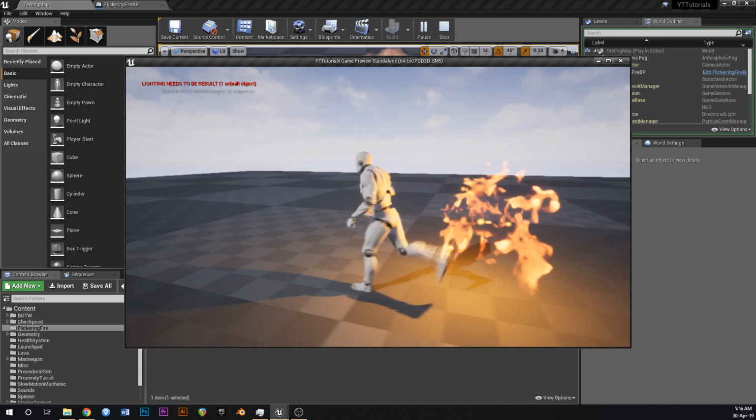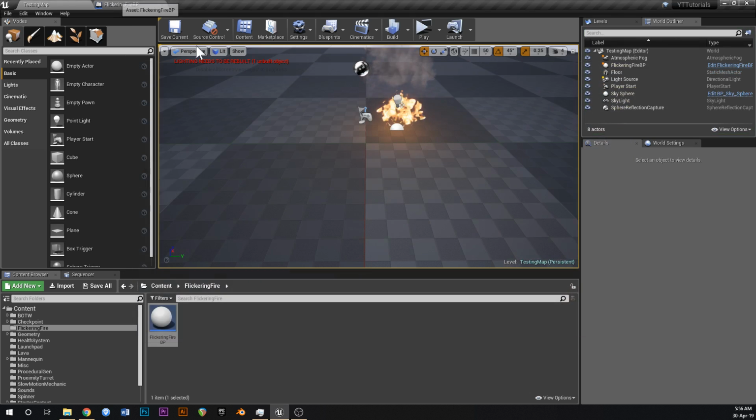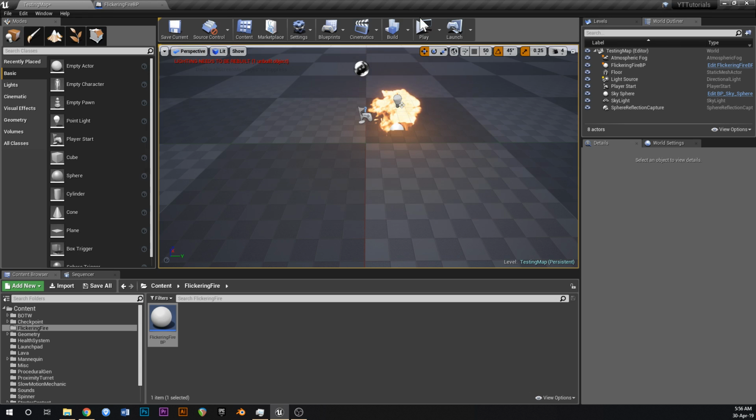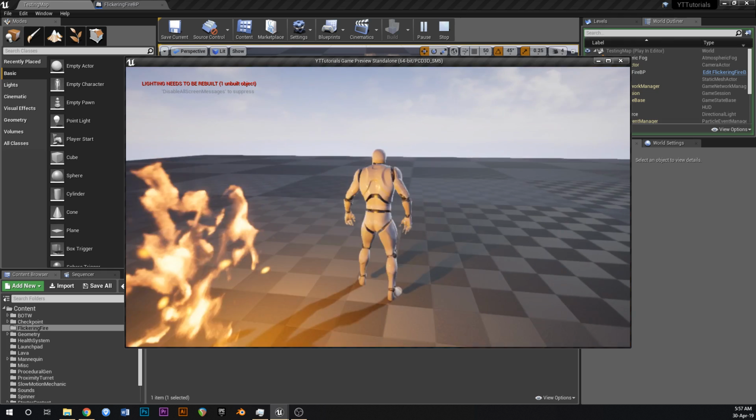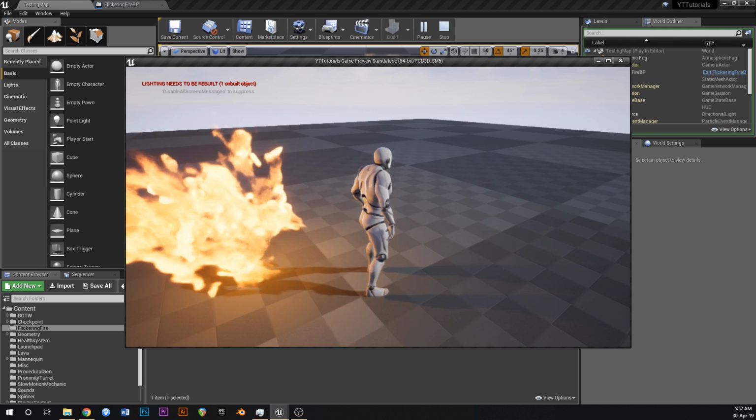Okay. I think that min's a little bit too low. Let's change that back to 1,000. But that's basically it. That's the flickering light tutorial. It doesn't look too bad. I mean, you can play with it and tweak it